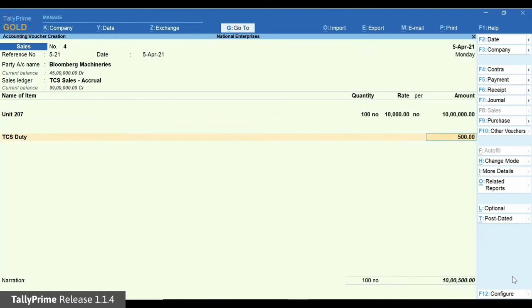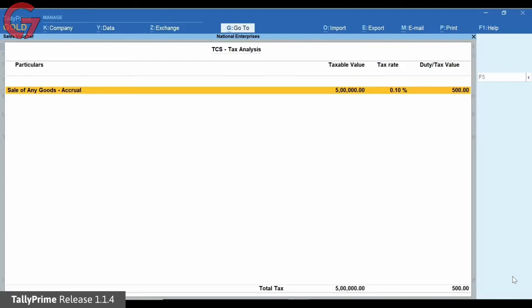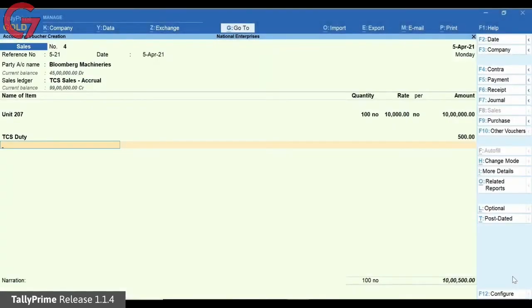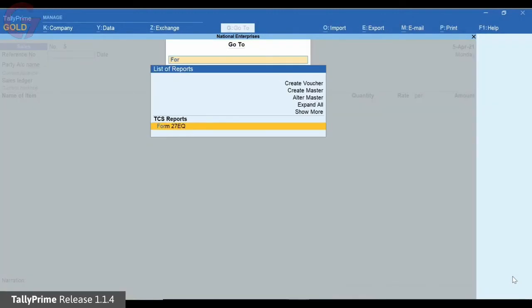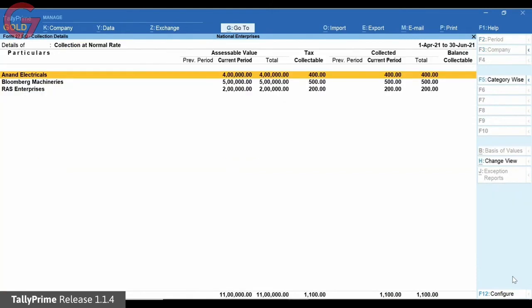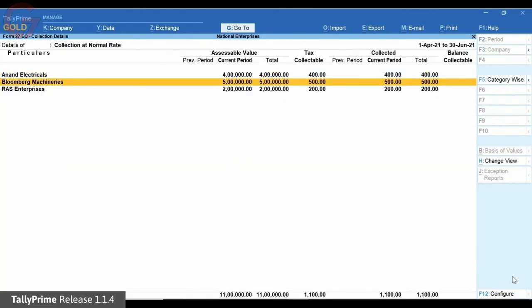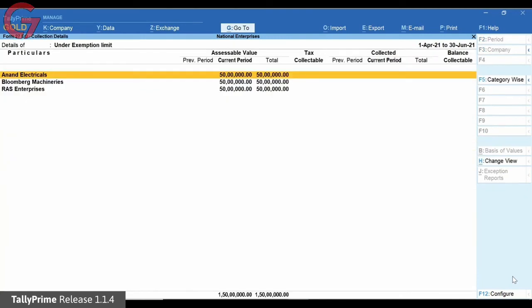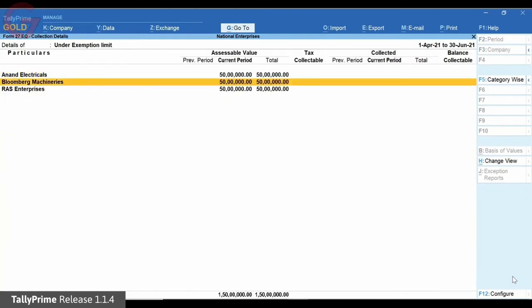Based on the cumulative value, the tax is applied on 5 lakhs, the amount above the threshold limit, as shown in the tax analysis. Save the transaction. If you open the form 27EQ, you can see that tax calculated for 5 lakh is included under collection at normal rate and 50 lakh is included as under exemption limit.